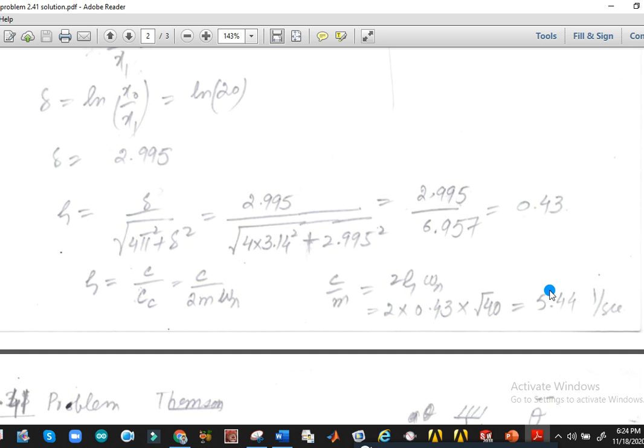So that means if stiffness coefficient value is 48 kilonewton per meter, then the corresponding value of damping coefficient will be 6528. Okay, so this is how we can determine the value of damping coefficient and stiffness element